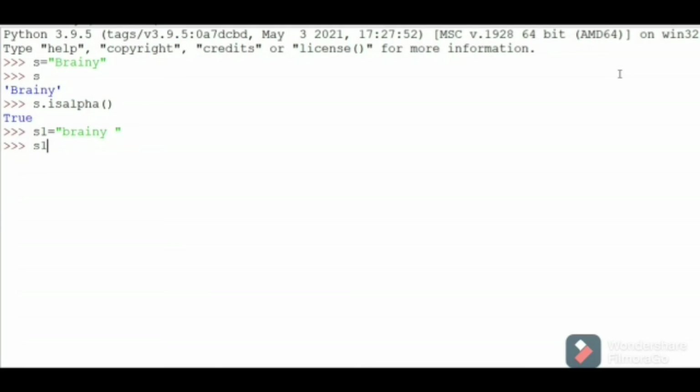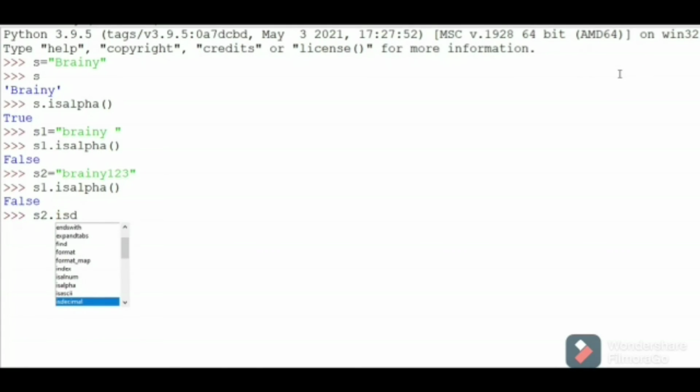Let me print isalpha. Does it return true or false? It returns false because even spaces are not allowed, and numbers are not included. For the string s2, does isdigit return true or false? It returns false because letters are also present.